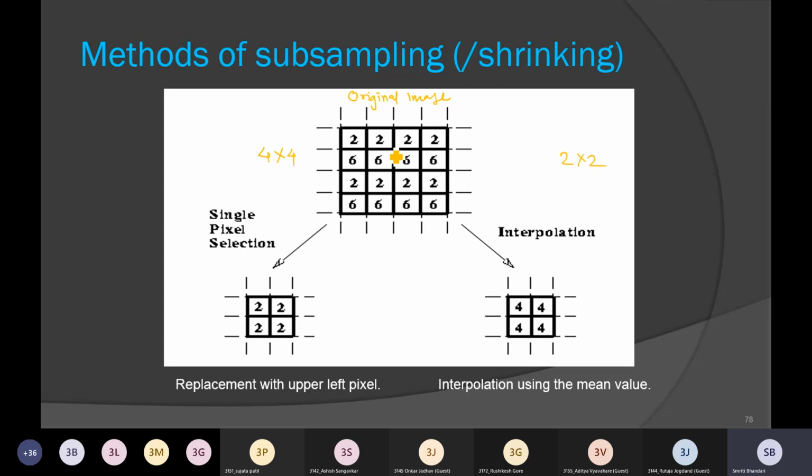Okay, I would like to convert it to 2x2. So I'll be shrinking it. So what I'll do, this is the first subpart. I'll be selecting here a 2x2 neighborhood. Here also a 2x2 neighborhood. Here also a 2x2 neighborhood. And here also a 2x2